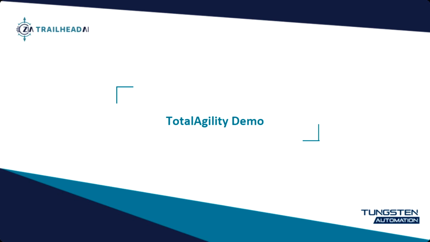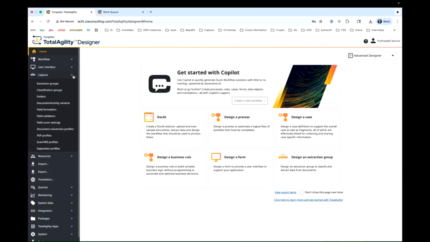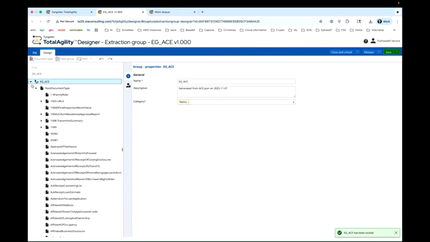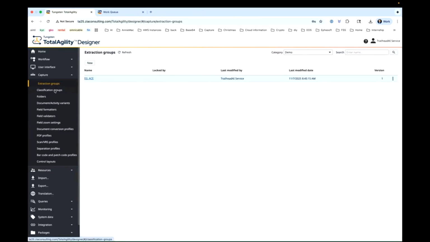So if you remember correctly, that was the mortgage. And so now it's that same mortgage now inside of a business. Now, after running the TrailheadAI Bridge, we can see the items created inside of TotalAgility. There are several items created inside of TotalAgility, including aspects around the content model in the extraction group. So we can see all the different document types, as well as the metadata fields are created inside of the extraction group. There are other items like the classification groups,